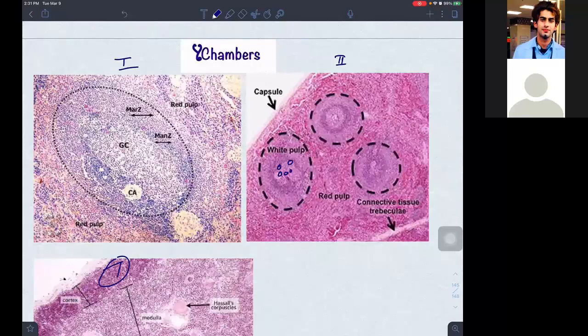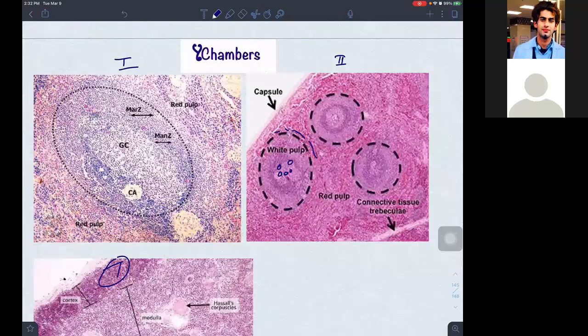Okay. So, sir, what about efferents then? Efferent, yes, definitely. But I won't say definitely. But if you go near the area of trabeculae, near the white pulp area, you may see some efferent lymphatic vessels, but it does not contain any high endothelial venules. Remember, it does not contain any high endothelial venules.